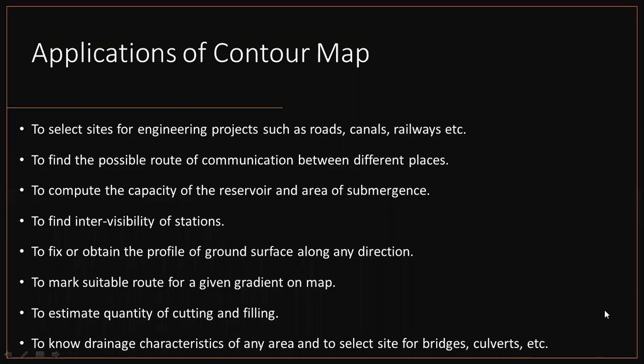And the last is application of contour lines and contour maps. To select a site for engineering projects such as a road, canal, railway, etc. To find the possible route of communication between different places, to compute the capacity of a reservoir and the area submerged, to find the intervisibility of stations, to obtain the profile of the ground surface along any direction, to mark a suitable route for a given gradient on a map, to estimate quantity of cutting and filling, to know the drainage characteristics of any area, and to select a site for a bridge,